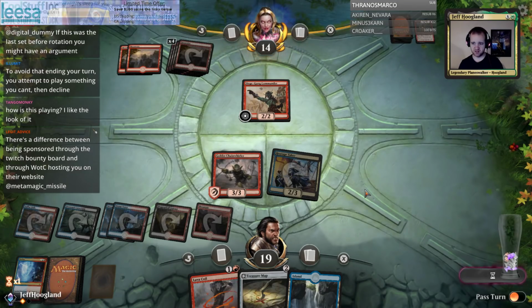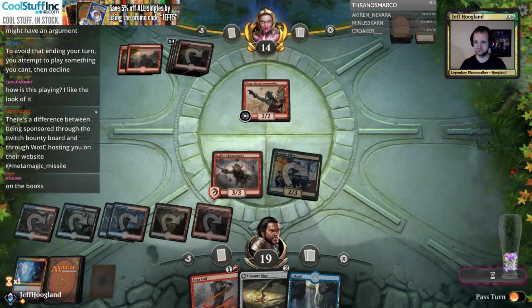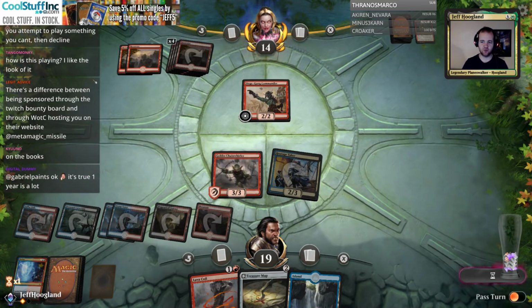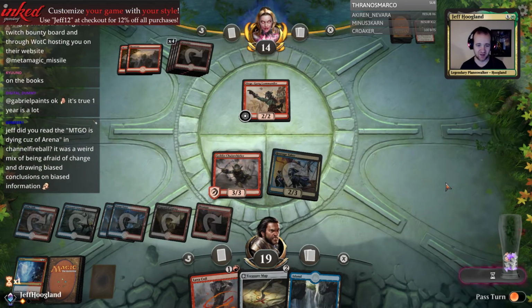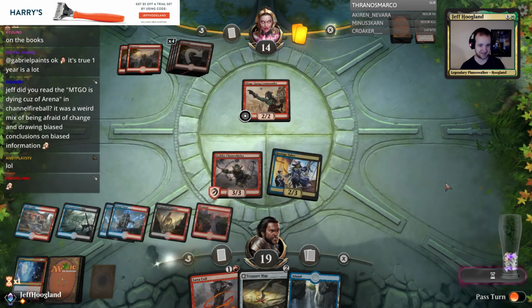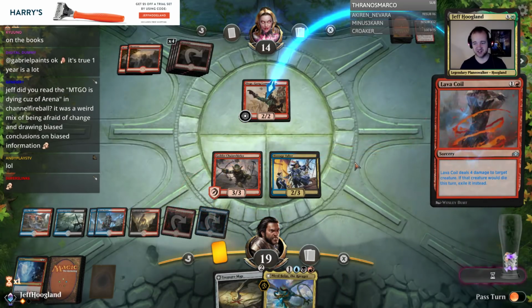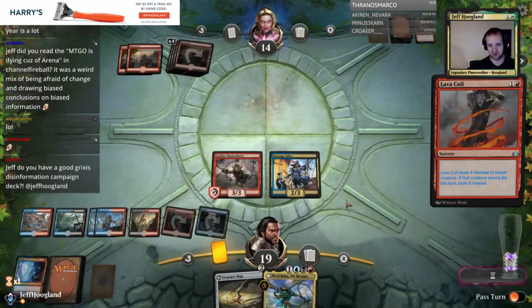There's a difference between sponsored through Twitch Bounty Board and sponsored through WotC on your website. Yeah, that's fair. Whenever I've been sponsored before, it's not directly from Wizards of the Coast. Nobody from WotC ever comes up to me and says, "Hey, Hoagland, we like your stuff and the content you make. Let's sponsor you." Believe it or not, all of these various arena streamers that WotC's been getting onto the front page of Twitch, like Nox and Gabby and Day9, I wasn't asked to be a part of that group. Which is fine. I'm doing well enough without them, and hopefully that will continue to be the case, but...